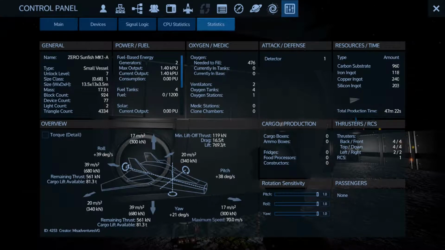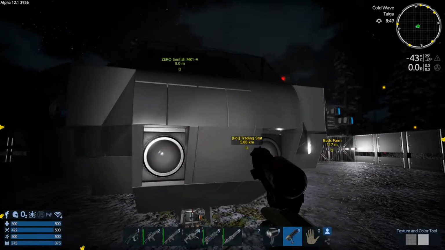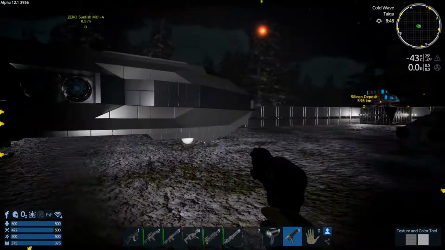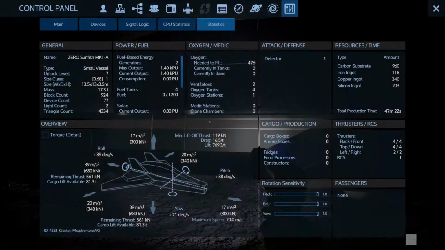Now it's saying it's 81 tons, but I assume that's if you're just using one of those directional thrusters, because 81 tons is not actually that much. I would expect this to be able to lift a lot more than 81 tons. In fact, if we have a look at the vehicle itself, the vehicle is already 17 tons. So